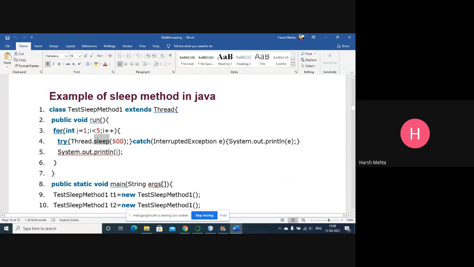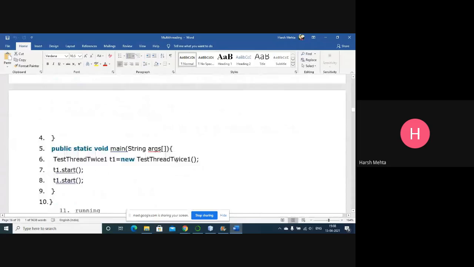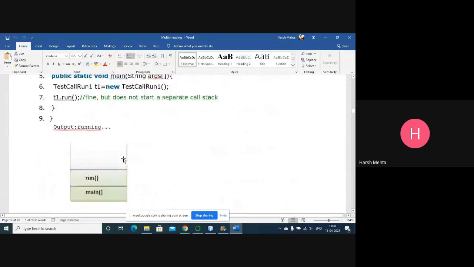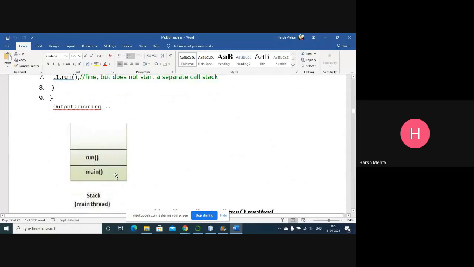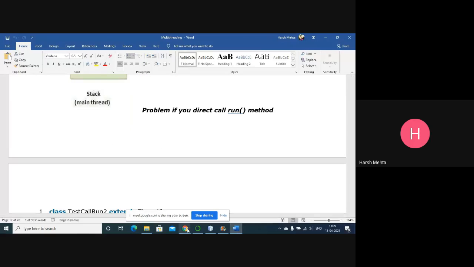Again, we have seen this example that we can put a thread in sleep mode for some time, and we cannot start a thread twice because it will throw an exception. And we should not call the run method directly because it will remain in one stack only, the main thread only. Multi-threading purpose won't be served.